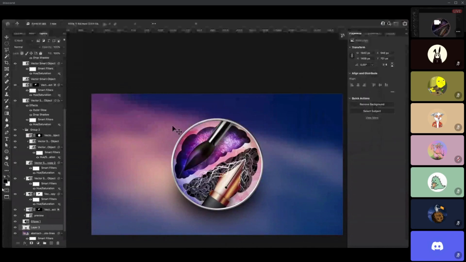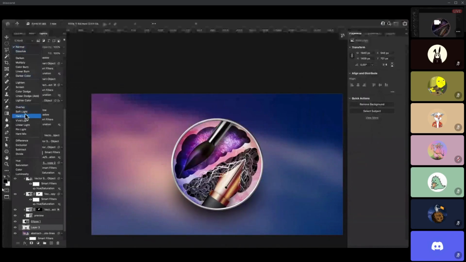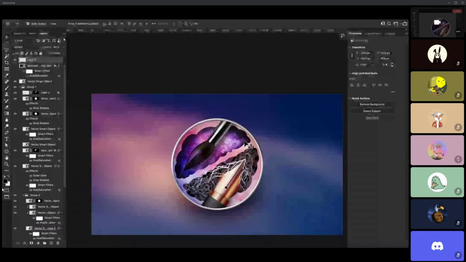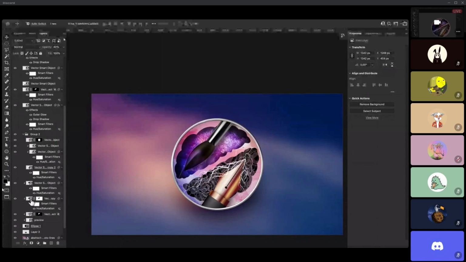And you can also change the layer blending mode to overlay maybe, so it doesn't look that bad. I still don't feel like the size of the brain is nice. If I drop it.